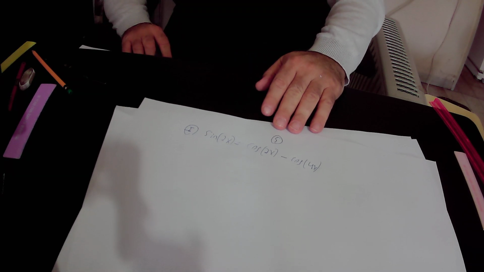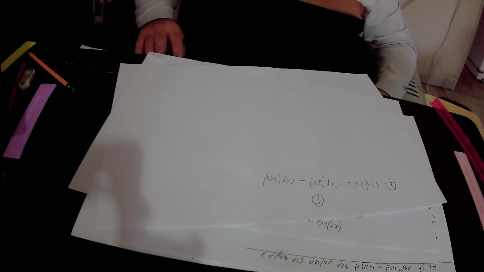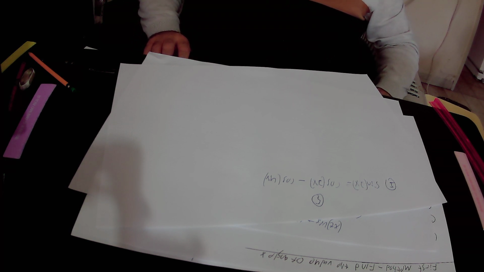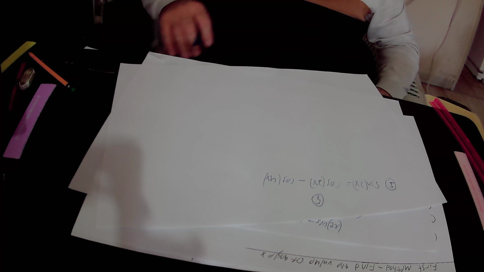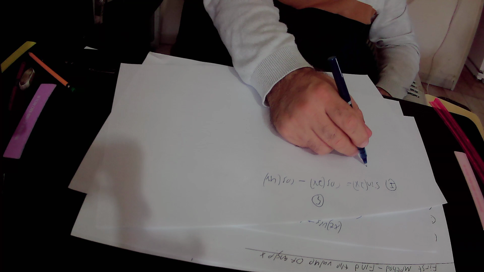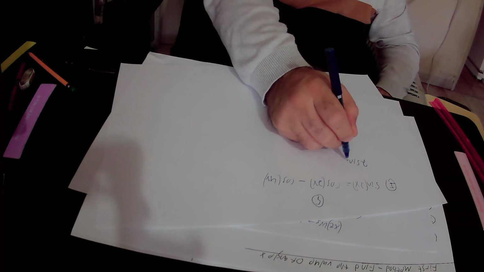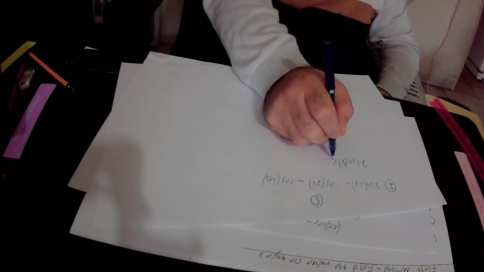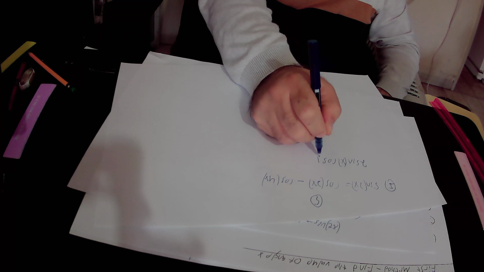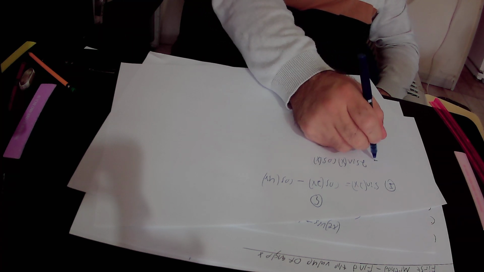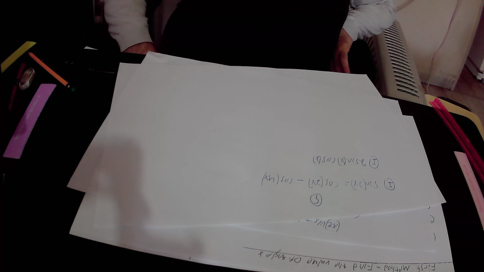We know that according to the trigonometric identity, sine 2x is equal to 2 sine x cosine x, and here we have cosine 2x minus cosine 4x,